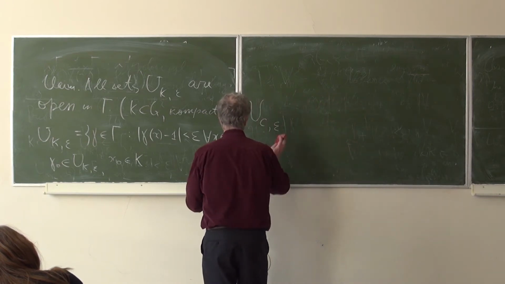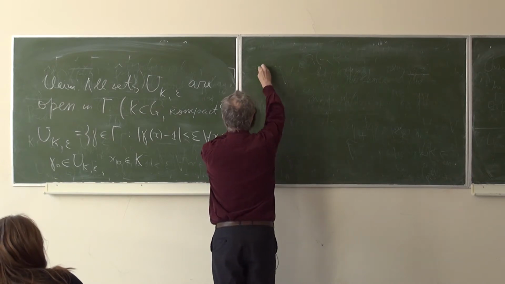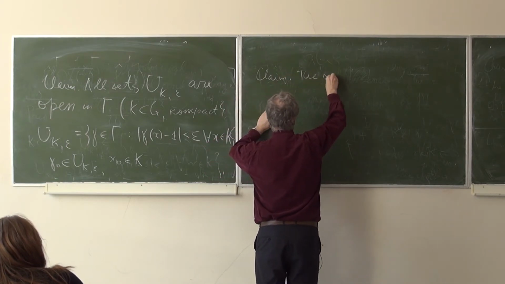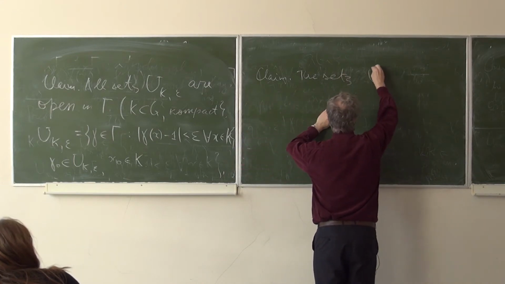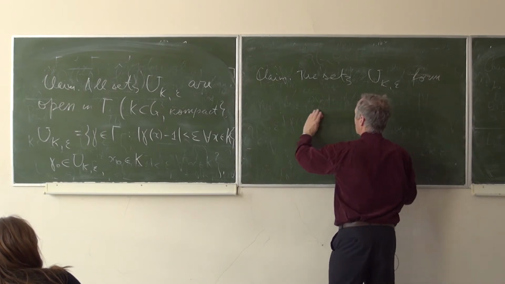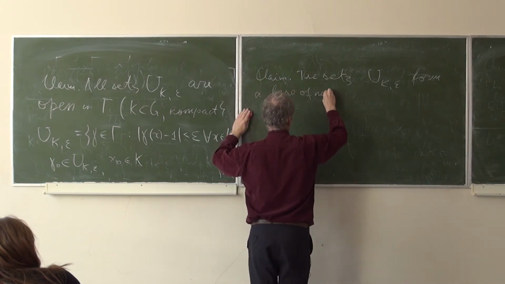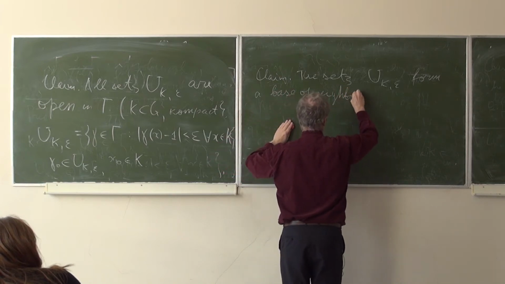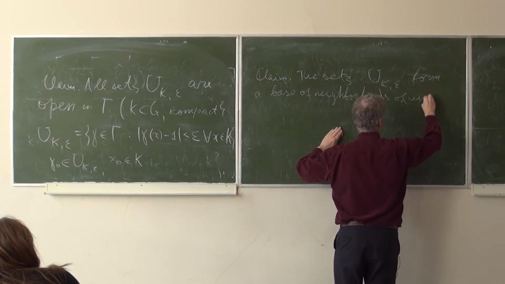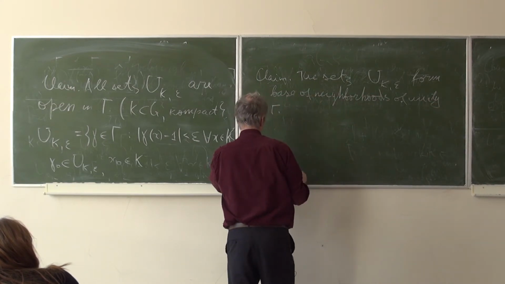Okay, and the next thing is that the sets U K epsilon form a base of neighborhoods of unity in gamma. Now,